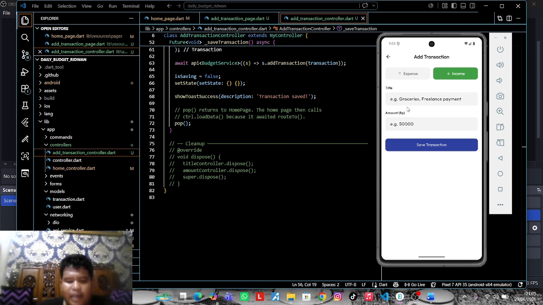Next, I will enter the transaction title. So, working. The title is working. The amount of the income will be 500,000 rupiah.